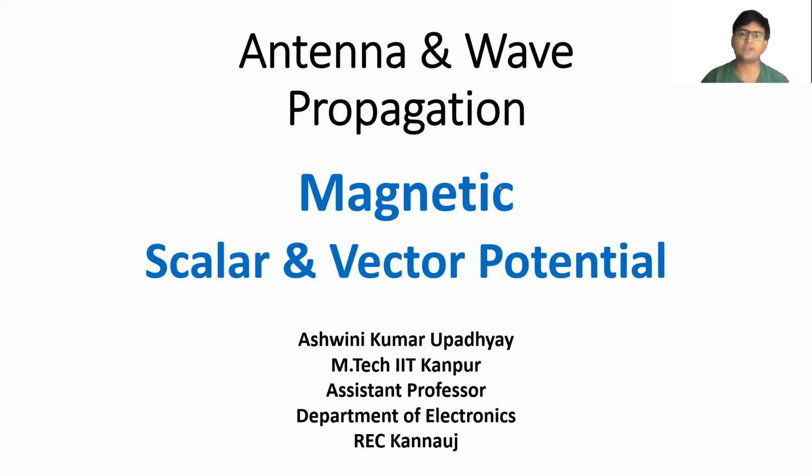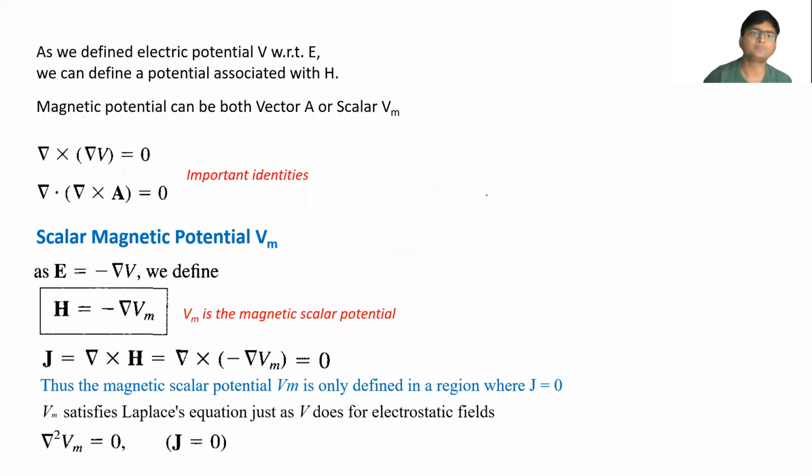So just like we studied about the electric potential, in this lecture we will be seeing what is the magnetic potential. So in the case of electrostatic fields, we defined this quantity V, which was called an electrostatic potential or voltage, and this was a scalar quantity. Also this V was connected with the electric field, right?